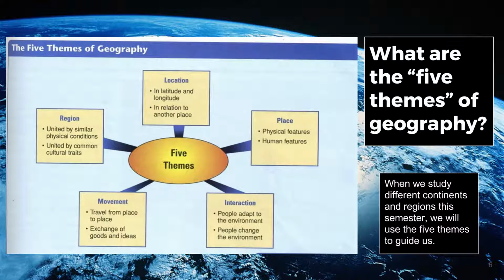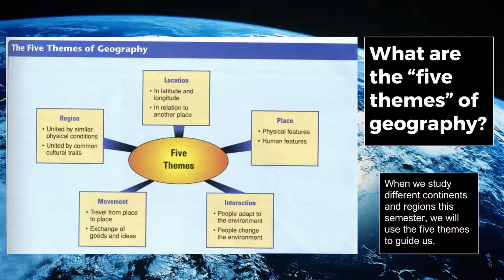In our first lesson we learned that there was physical geography and there was cultural geography, one having to do with the land and the other having to do with the people who live on the land. Today we're going to look at 5 themes of geography, or as a way I like to describe it, lenses through which we look at geography. There are different lenses we use to look at and analyze geography.